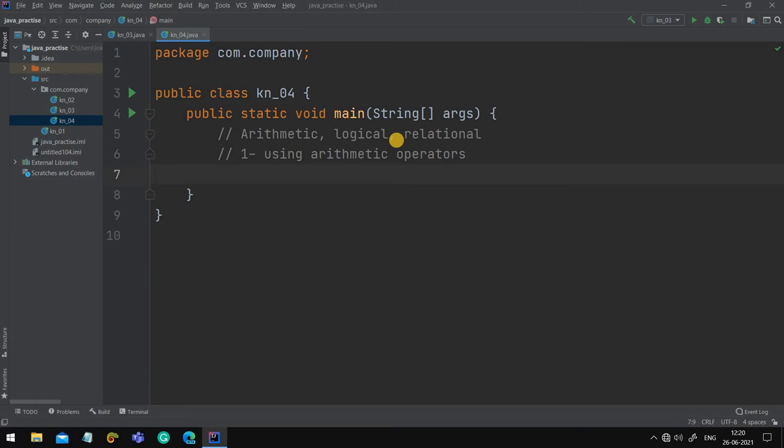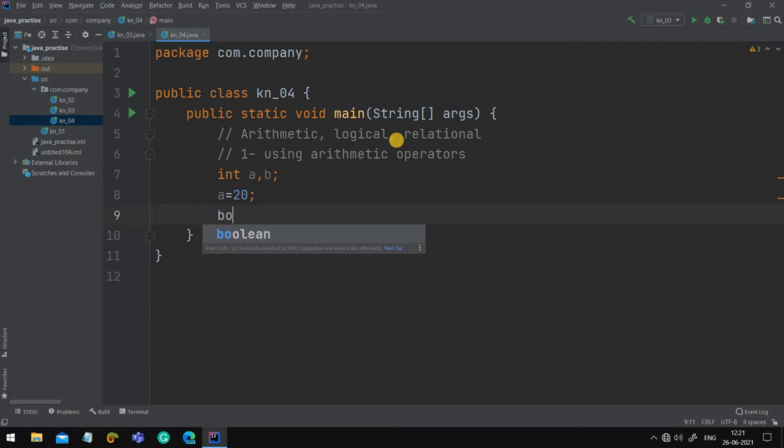Now what these arithmetic operators do is they perform some arithmetical or mathematical calculation. For example, int a, b. Now a is equal to 20, b is equal to 30.